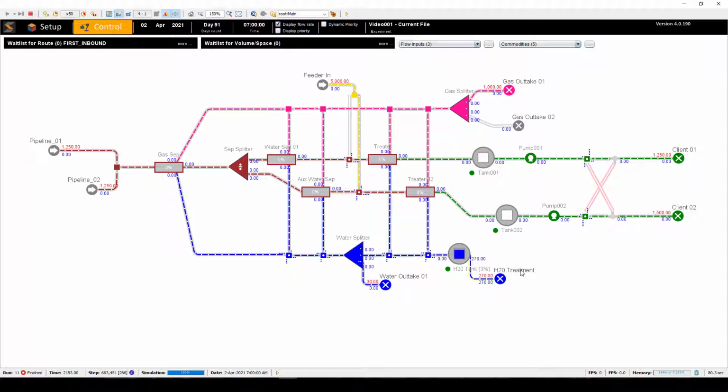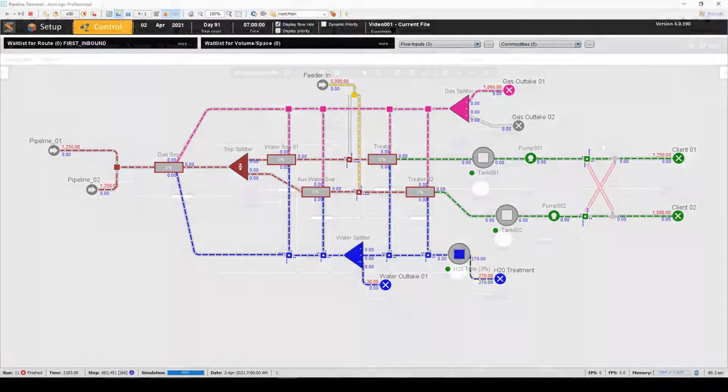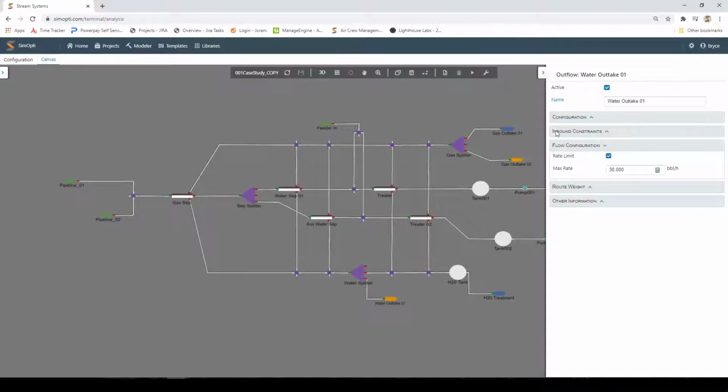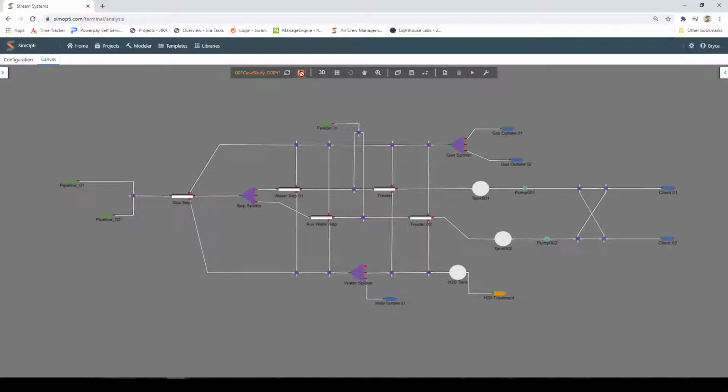In order to do that, we would return to our canvas, where we can simply deactivate our water outtake and tweak our existing infrastructure so the limited rate on our water treatment intake is increased to 300 barrels per hour. Once we save our scenario and rerun the simulation,